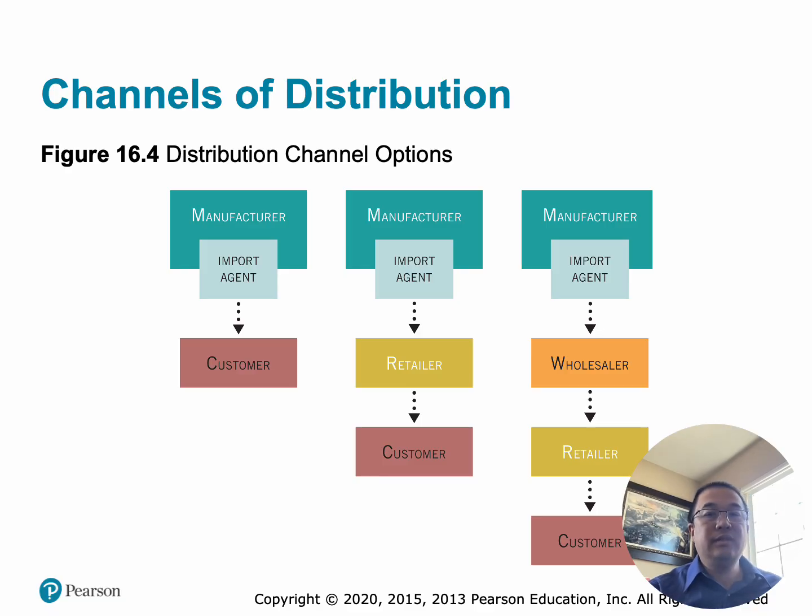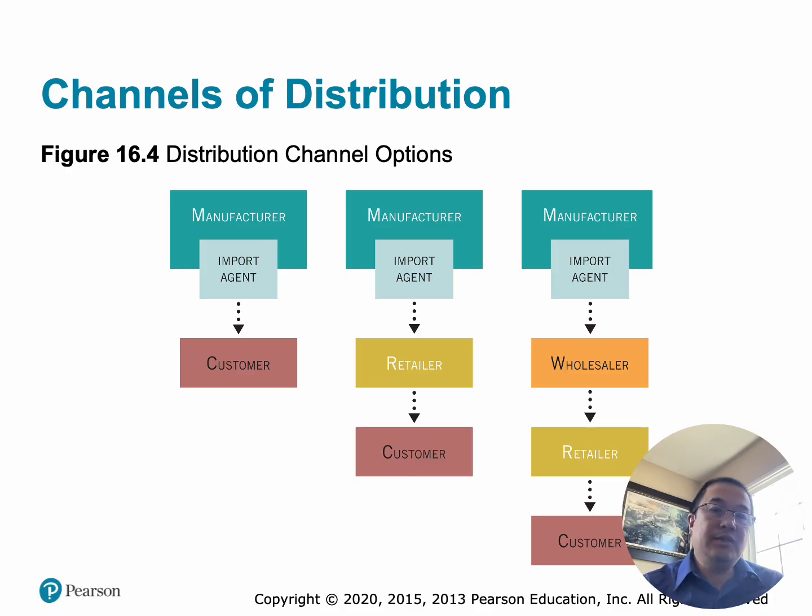Option 2, retail distribution. This is where the manufacturer goes to the import agent, then to the retailer, and then to the customer. How it works is that products are sold through retailers who then sell to consumers. Advantages are it offers a wider market coverage, retailers already have customers, and there's reduced selling effort by the manufacturer. Disadvantages, though, would be the lower profit margin and less control over customer experience. So a consumer electronics company selling products through Best Buy or local electronics stores would be a great example.